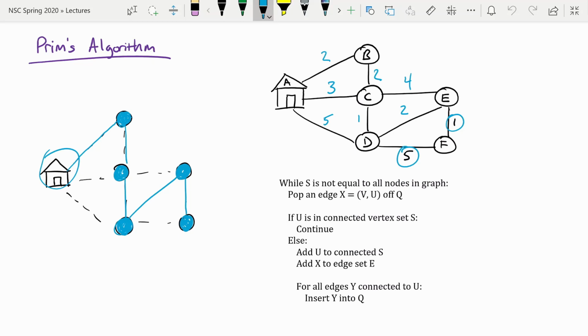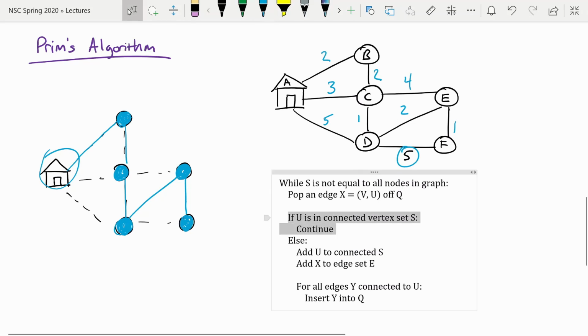And we'll go examine F's neighboring edges. We've got the edge from F back to E, which we can ignore, and the edge from F to D. Once we get around to processing this last edge from F to D, or any redundant edges that we see, we're going to end up skipping those edges because the edges themselves don't add anything new to our minimum